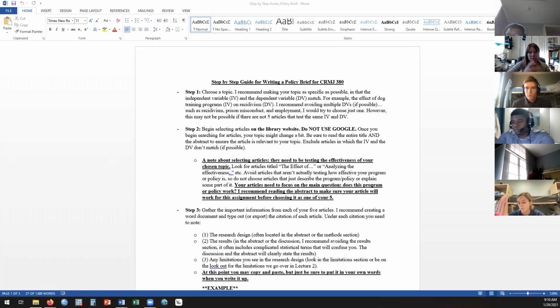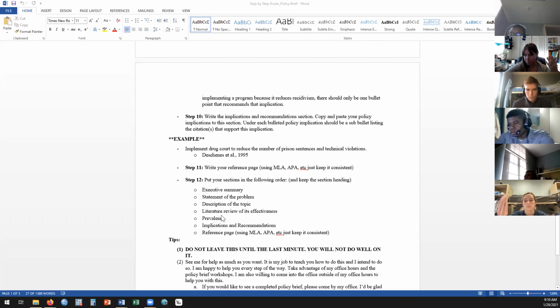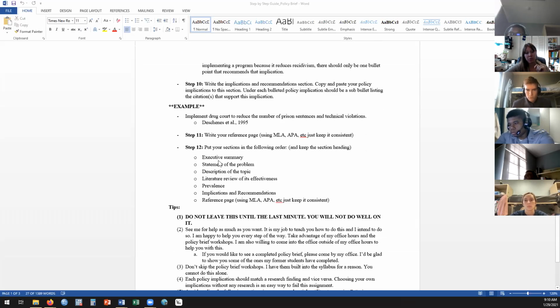And the point of the policy brief is to gather as much research as they can about this topic, summarize the research, and give recommendations on policy based on this research. So let's go through and talk about each of the sections that you will be writing. So a policy brief is front loaded. So the executive summary is the first thing that you will read, when in reality, this will be one of the last sections that you write, because you have to understand all of this to give a summary of it.